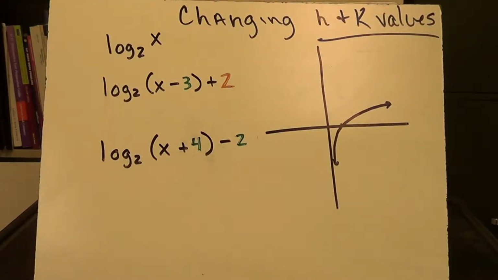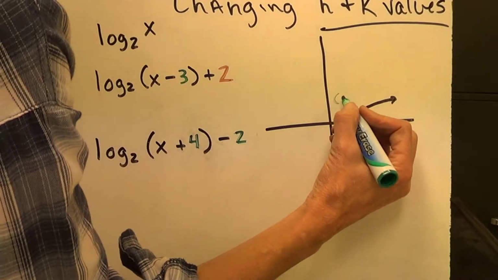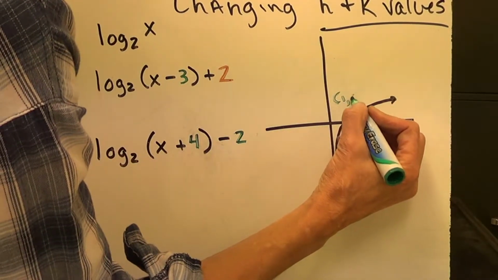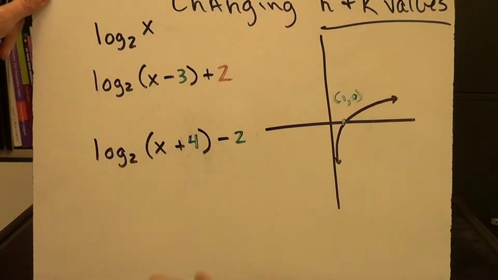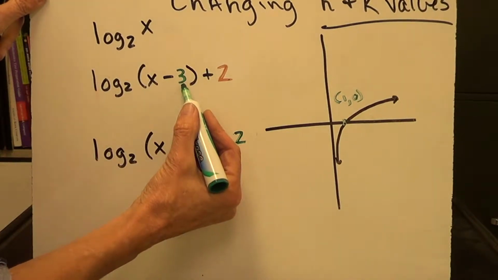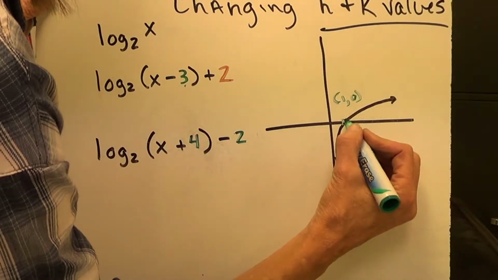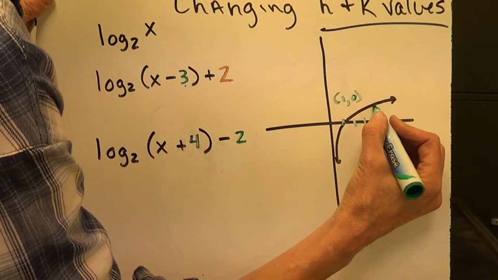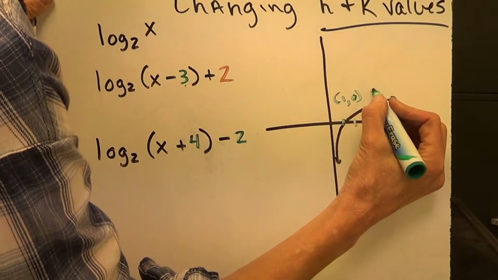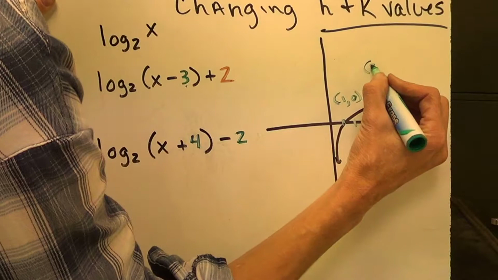Okay, so changing the H and K values. What I always look at is what I call the vertex on these, which is 1, 0. I'm sorry, I should say 1, 0. I think in the other film I said 0, 1 as well. So it's 1, 0. I am going to go 3 to the, hopefully you said right, and up 2. So I take this point and I go 1, 2, 3, that would be at 4. And I go up 1, 2. So my new vertex on that line is 4,